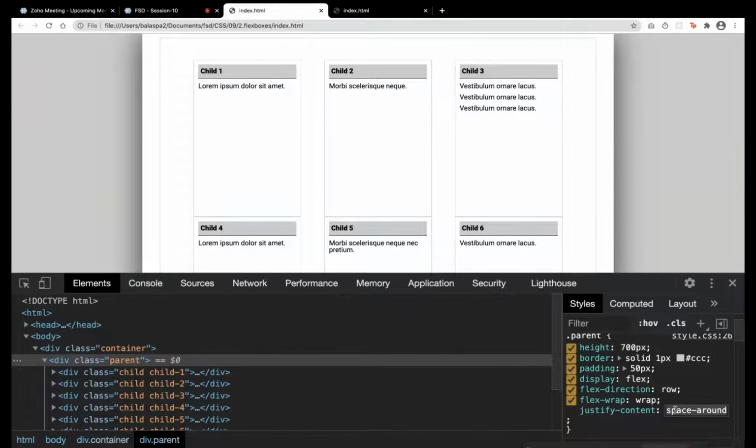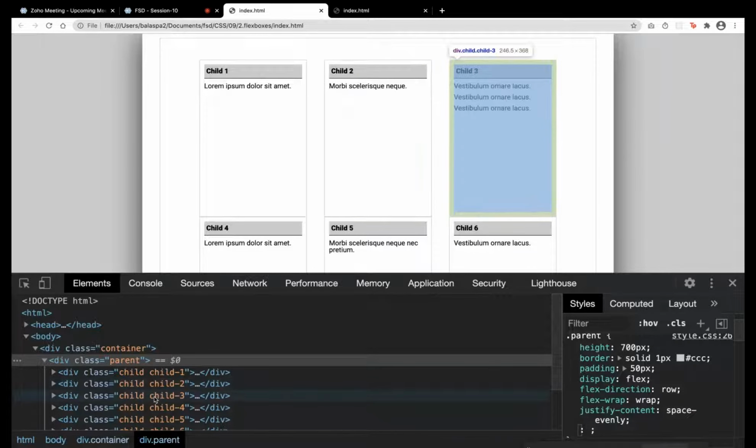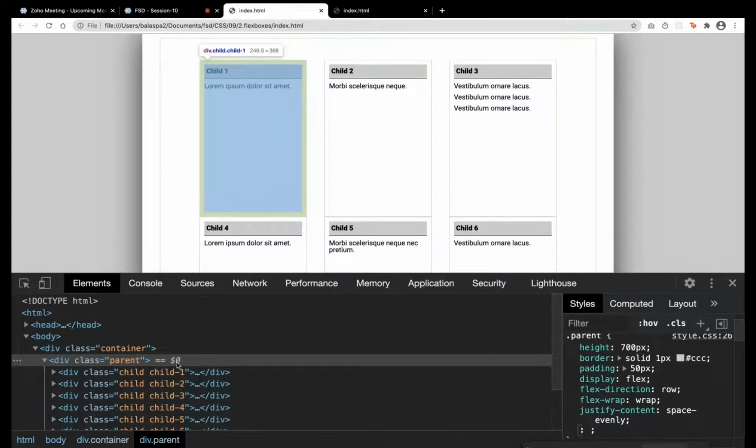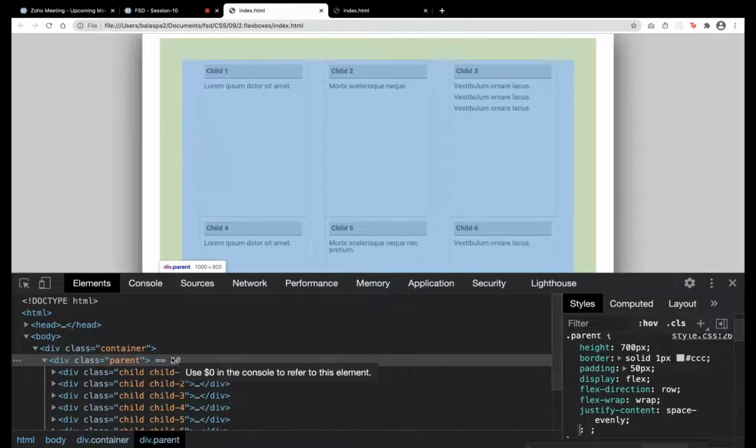Another one is space evenly. So the space will get adjusted evenly. If you see, the left side and right side have the same pixels, all the sides. Mostly we will use this because in the design we may need even spacing.